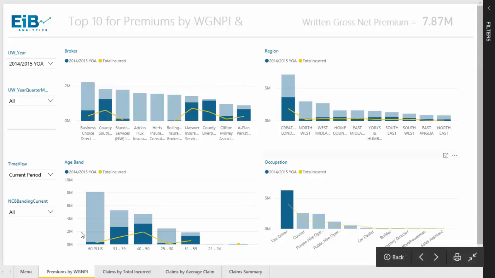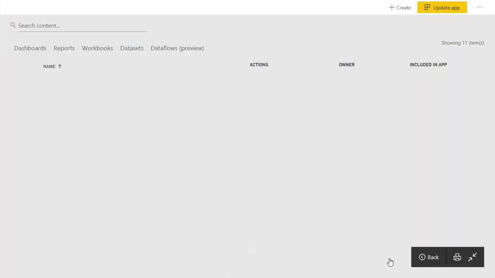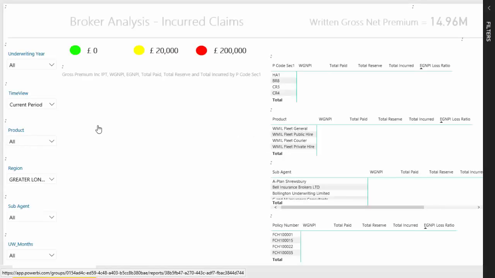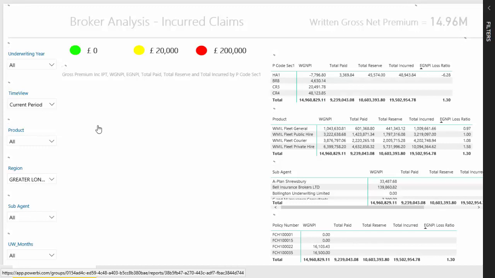And if I just go back, you can also then start looking at more interesting things such as perhaps geospatial analysis. And one of the things I found out you can do in Power BI is really try and filter the information and get down to the root cause of an issue as quickly as possible by drilling down through the information really, really quickly. And Power BI allows you to do that in a way we can't really do using EiB Report Studio or other BI tools. So here what we're doing, this takes a little while to render, is we're taking some insurance